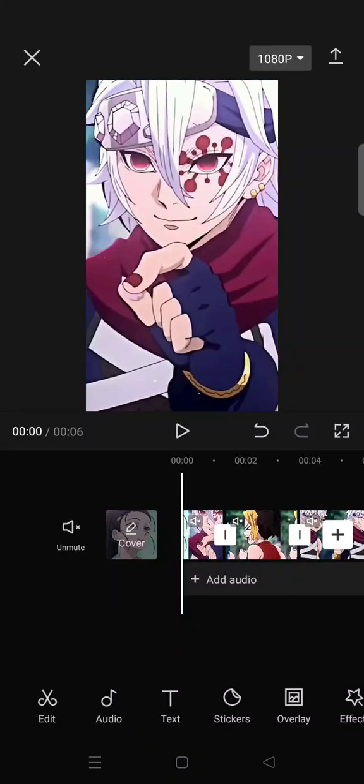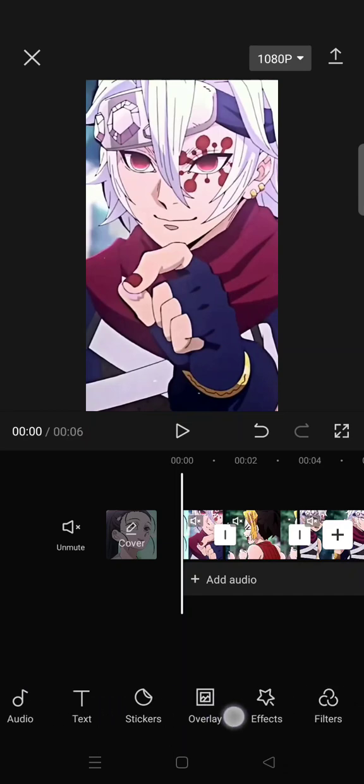On today's video, I'm going to show you how you can edit an anime video with vibrant color and also a vibration shake flash effect on CapCut. So for the vibrant color, you need to go to adjust